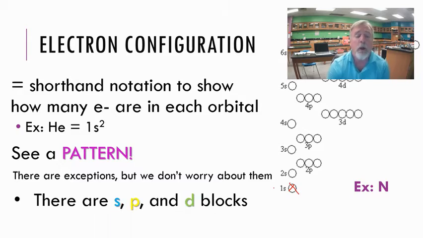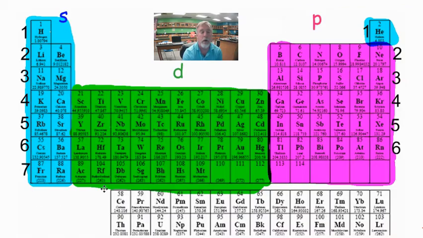So the way the periodic table is organized, there are s blocks, p blocks, and d blocks. So we have our s, p, d orbitals here. We have s, p, and d blocks on our periodic table. If you look at this version of the periodic table here, the left 2 groups, left 2 columns, those are where our s blocks go. That's where we're going to fill our s orbital on our periodic table. That middle group there, that d in green, that's where we're filling up our d orbital. Our purple or pinkish block there on the right, that's our p block on our periodic table.